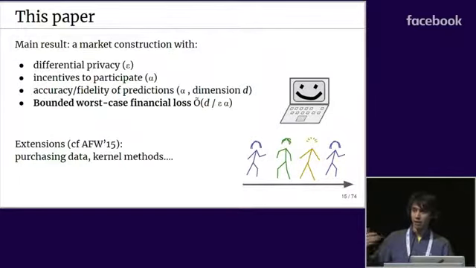Then this exact same prediction market framework starts looking like two possibilities: either a collaborative machine learning contest, or something that's purchasing data or information from the crowd in order to perform well on a machine learning task. And if you're doing either of those things, it's really nice to have all four of these properties. So for more, please read the paper or come see me at the poster. Thank you.